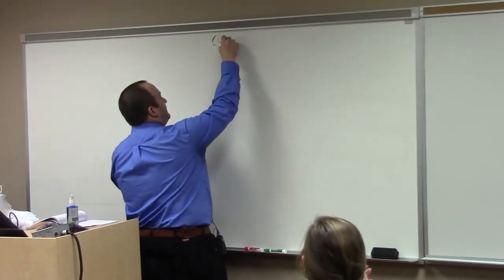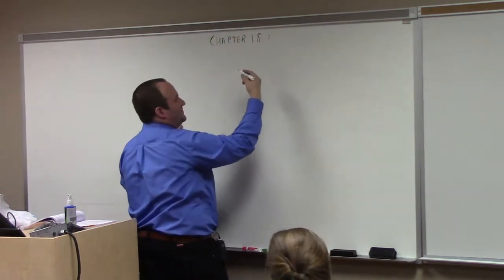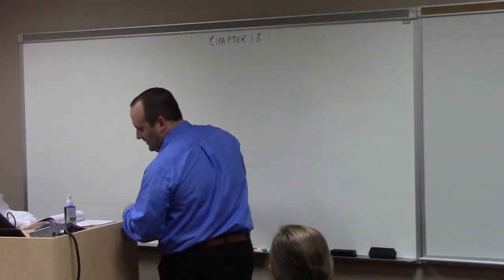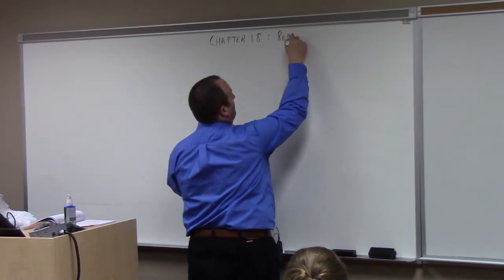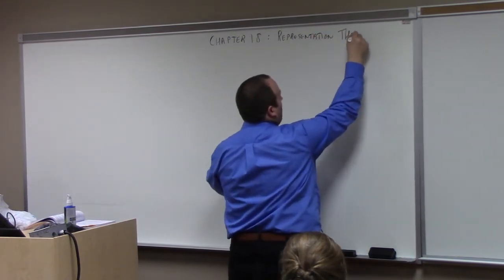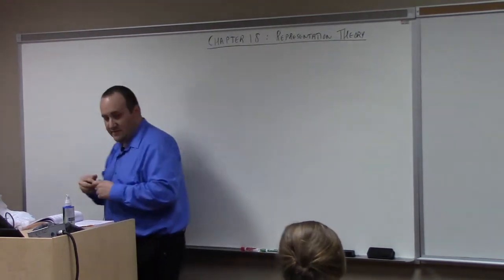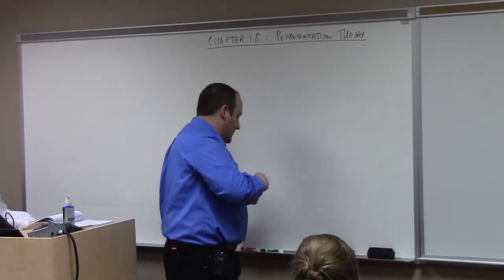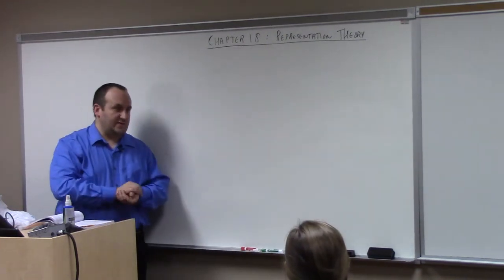Sorry, I'm misbehaving slightly. So we are now into chapter 18 of Dummett and Foote, which is on representation theory and character theory. Of course, the topic of representation theory is way, way bigger than this chapter. What gets called representation theory these days is very broad, but in particular, we'll be focused here on what's called